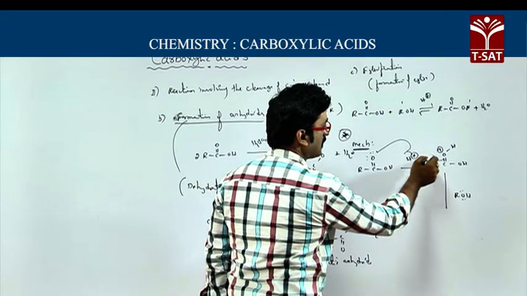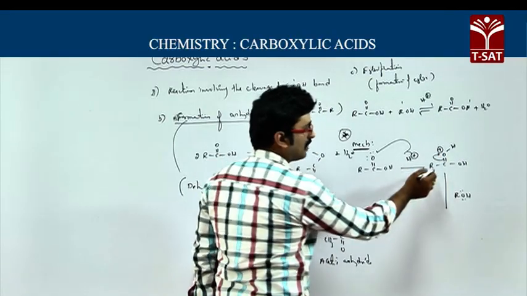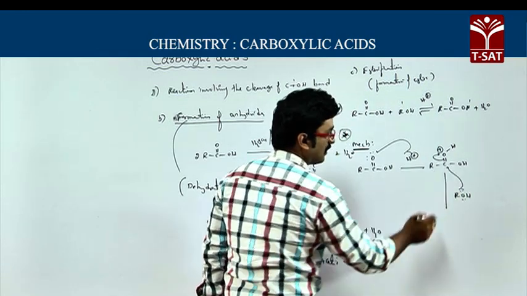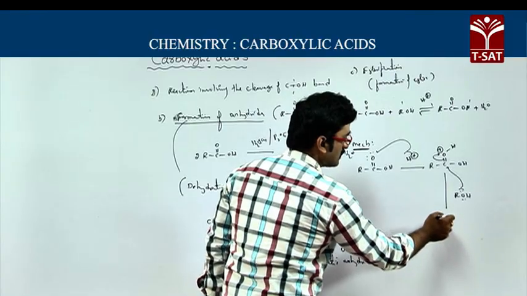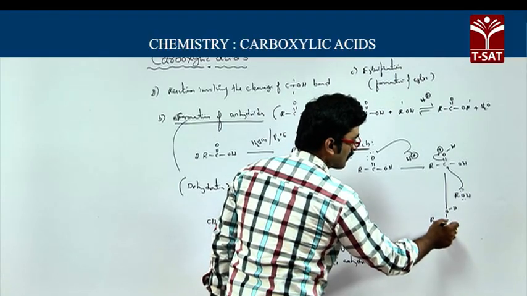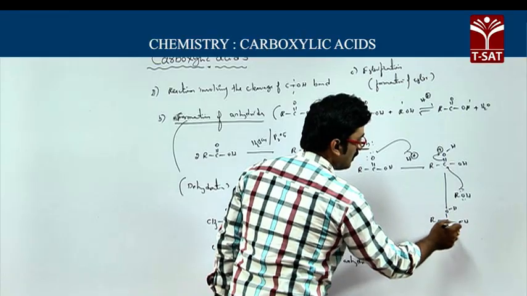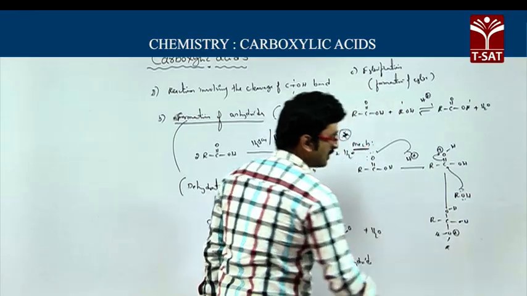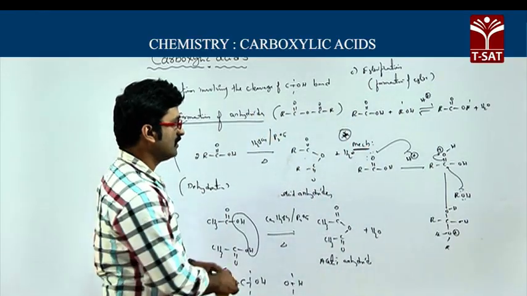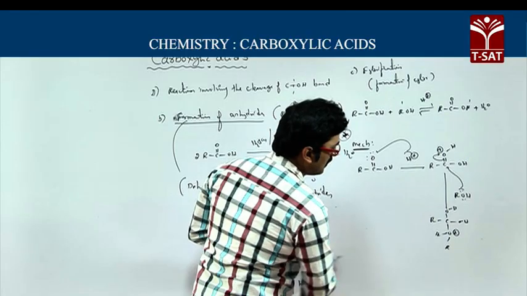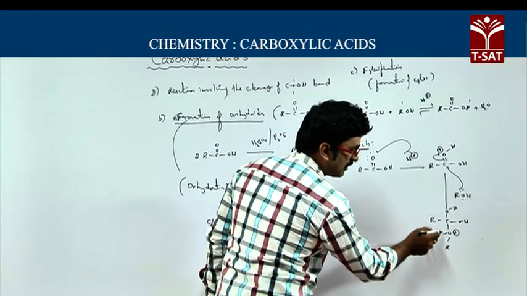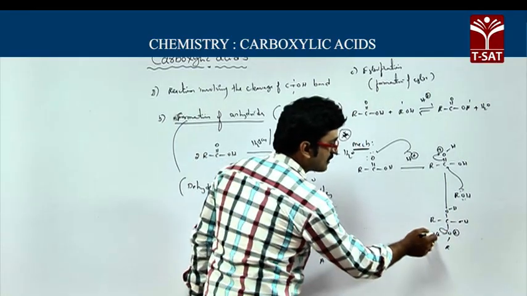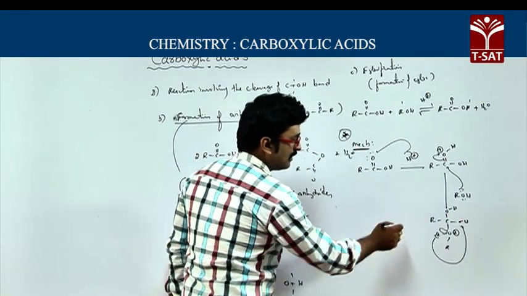When these pi electrons are taken by oxygen, a positive charge will be developed on the carbon, so it attracts the alcohol molecule, and you will get R C OH, OH, OH R, and this oxygen gets a positive charge. Next, after this, this hydrogen will be released. When this electron pair is taken by the oxygen, this H+ will attack this oxygen, and here you will get